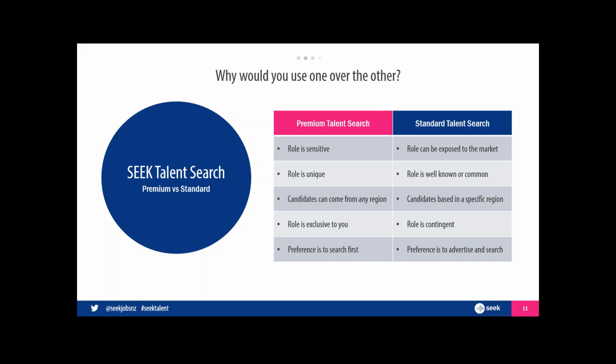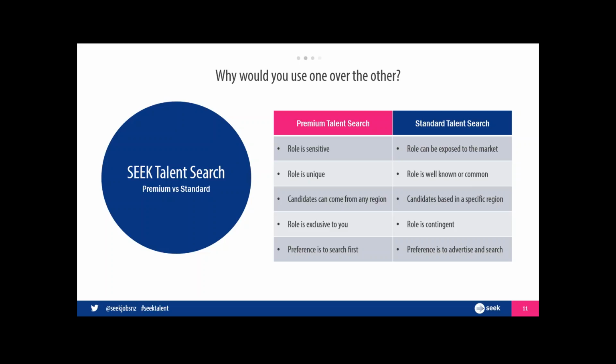One good thing with recruiters is if your role is exclusive to you, it means that you can search for talent without having to broadcast to the market that you've got the job on. So that's where it works exceptionally well. The other part is that if you're really contingent at the moment, so you take a job brief along with 6 other recruiters, what you could do is you could say, look, give me the job for a week, give it to me for a day, give it to me for 3 hours, get some level of exclusivity, and then